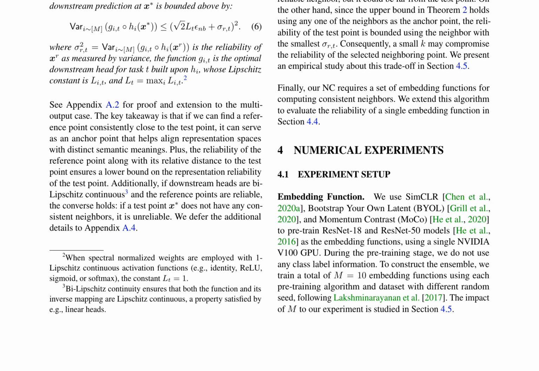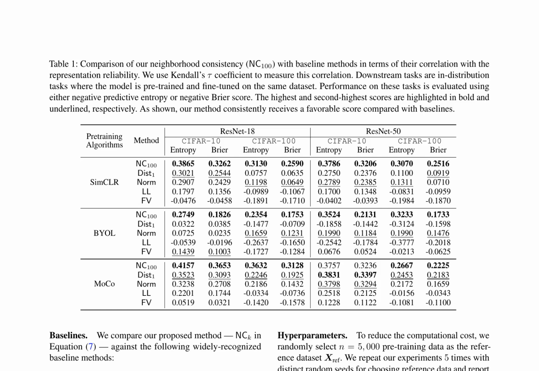The authors define the neighborhood consistency, NC, of a test point as the similarity between the nearest neighbors of the test point in different representation spaces. They propose an algorithm to compute NC, which involves drawing a set of reference points and computing the number of consistent neighboring points within this set. The authors argue that a test point with more consistent neighbors is more likely to have a reliable and consistent neighbor. The authors evaluate their proposed method, NC, against several baseline methods, including dist, norm, LL, and FV, on various